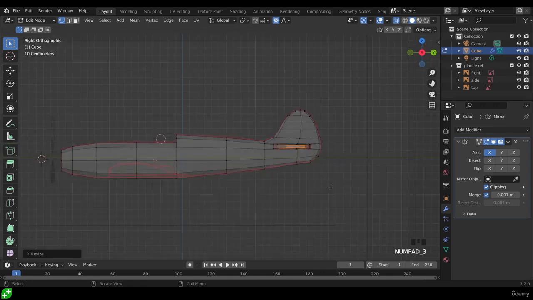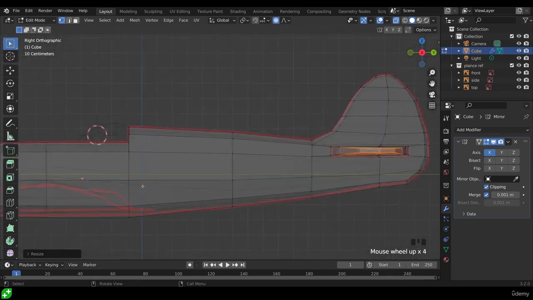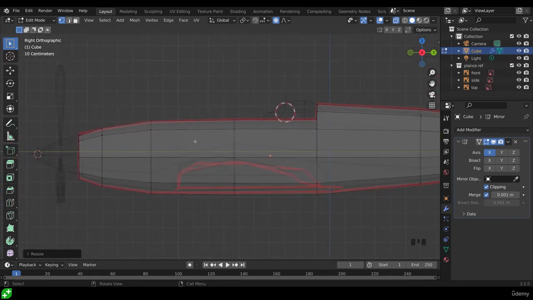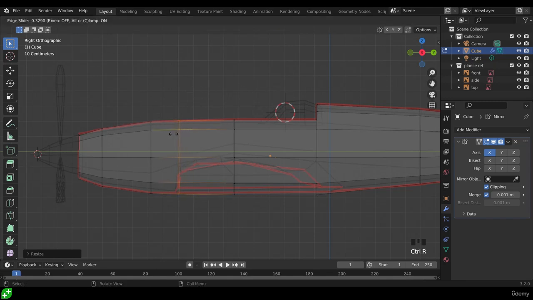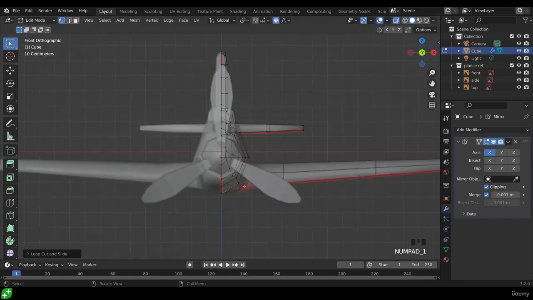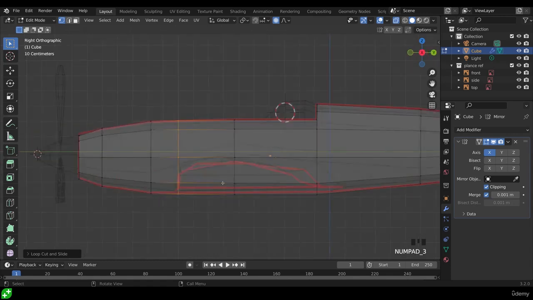Okay, let's go to side view again and just have a look at where our wing is coming from. So let's zoom in a bit on this. Now we can see there's an extra loop cut that I missed there, and we're using this loop cut for the back of the wing, so I can press Ctrl R to do a loop cut here and move that along. And if I go to front view, we're coming out from that face there, back to side view,